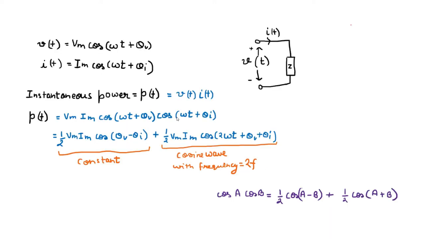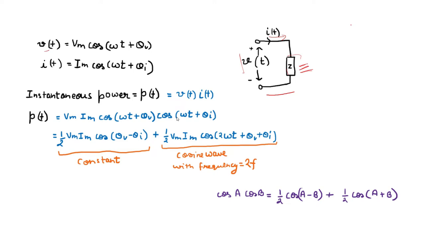Okay, so let's see this circuit. This is very simple and basic. Here the instantaneous voltage is V and current I is flowing like this into some impedance which is Z. It can be resistive, it can be inductive, it can be capacitive or a combination of any. So the instantaneous value of Vt is Vm cos(omega t plus theta v), and instantaneous value of It is Im cos(omega t plus theta I).